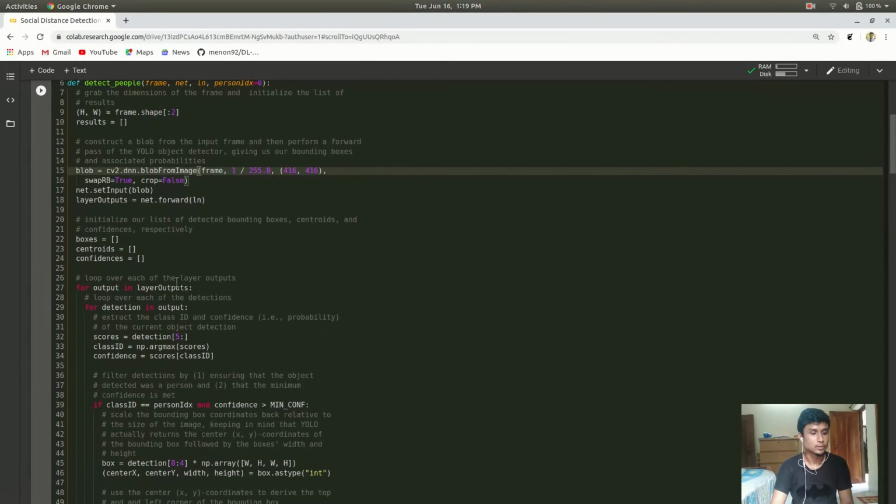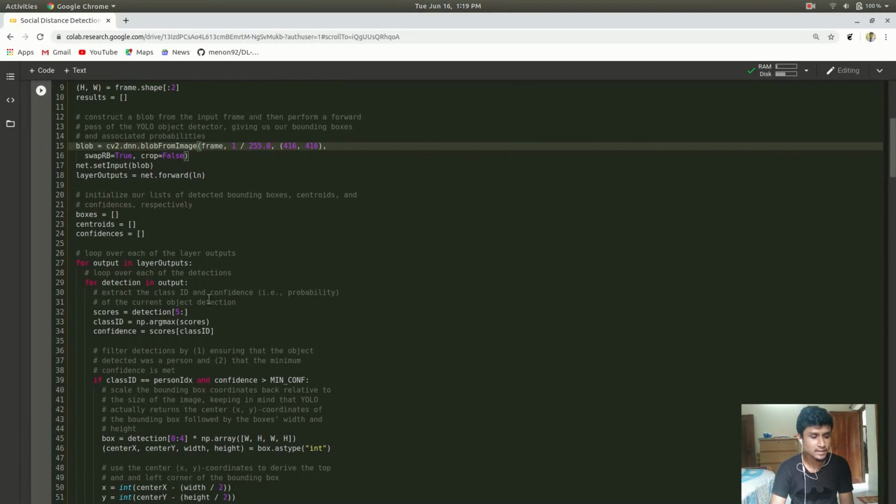We are creating our empty lists over here: boxes, centroids, and confidences, and for output in layer outputs. This is our layer outputs. What we are doing is extracting the class ID and the confidence. Here you can see that we are storing our detected scores, and we use them to determine the class IDs and the confidence.